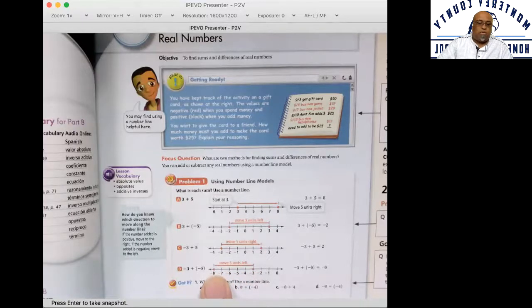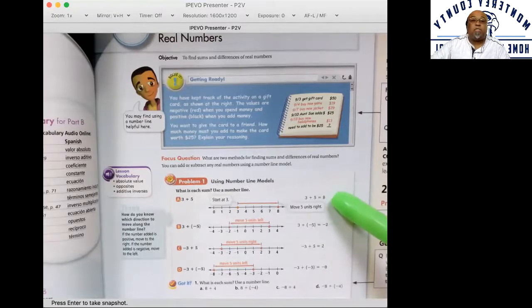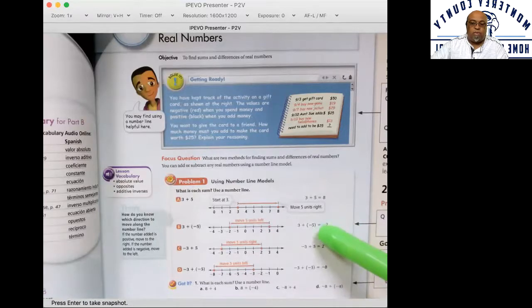and I'm at negative 8. Now I want you to pay attention to the similarity in the answers. When they were both positive, I got positive 8 as my answer. When they were both negative, I got negative 8 as my answer. When one was positive and one was negative, I got negative 2 when the number with the greater distance from 0, negative 5, was negative, and I got positive 2 when the number with the greater distance from 0 was positive. So my answers are 8, negative 2, positive 2,